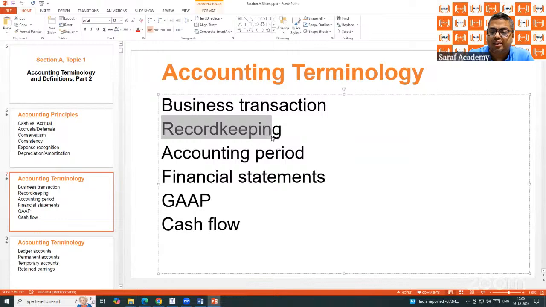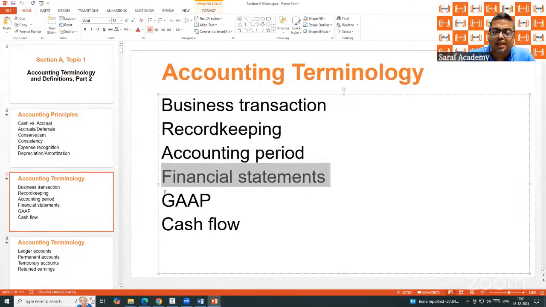They will be recorded. A record means in purchase day book, sales day book, bills receivable book, bills payable book, sales return book, cash book. At the end of every accounting period, we need to prepare financial statements. The period is generally 1 year, but the period can be 1 month, 1 quarter. Like in listed companies, every quarter financial statements are prepared. Those financial statements are PL account, balance sheet, cash flow, notes to accounts, statement of changes in equity.